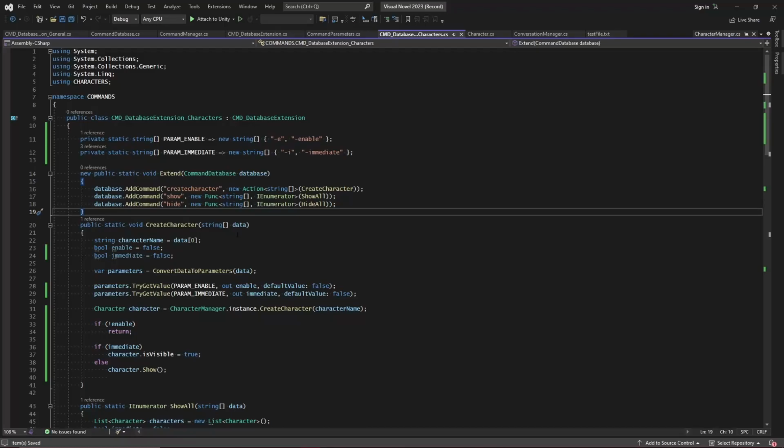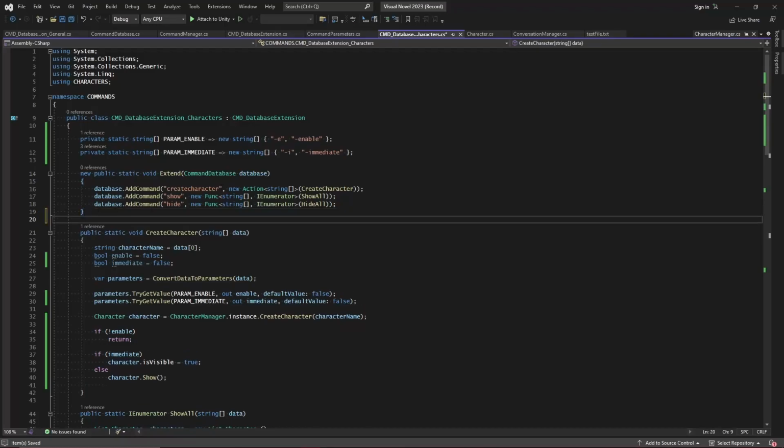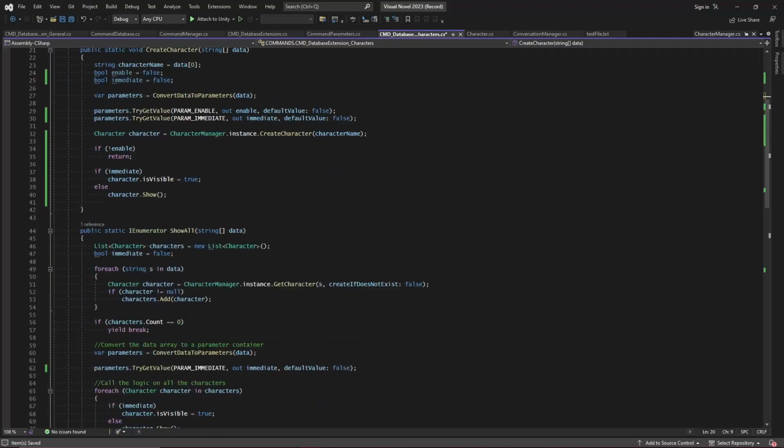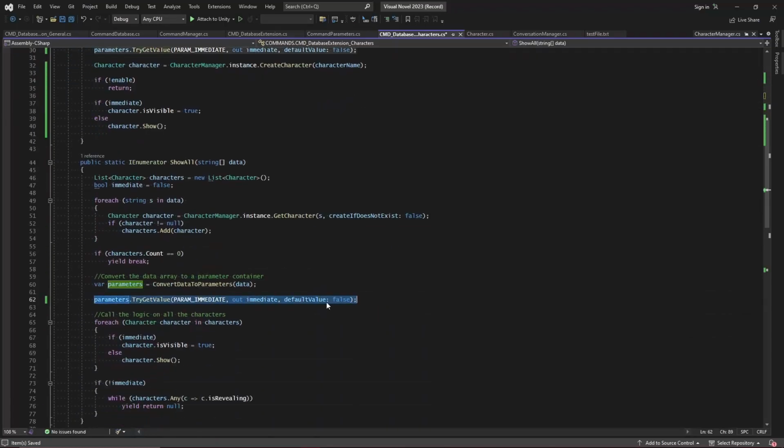Now, let's do one more command. Let's go ahead and make our character move on the screen. So we'll tell a character to move, and then we'll provide it a location, a speed, and whether we want it to be smooth or not. So we're going to have multiple parameters in here, and the reason I want to do this one is because there is an addition I want us to make to our parameters here that will allow us to make it easier to write commands without having to specify each